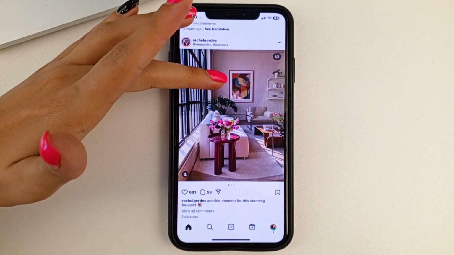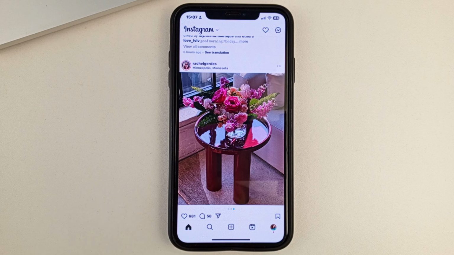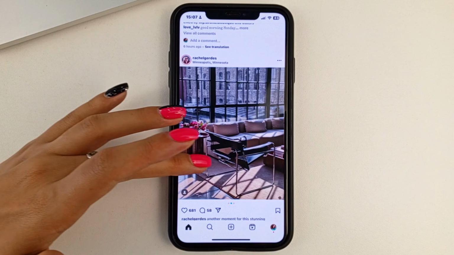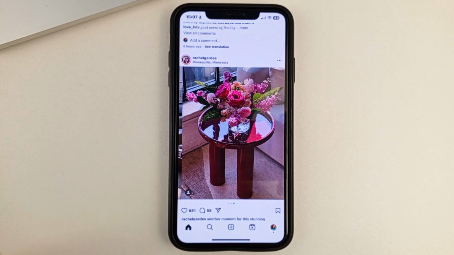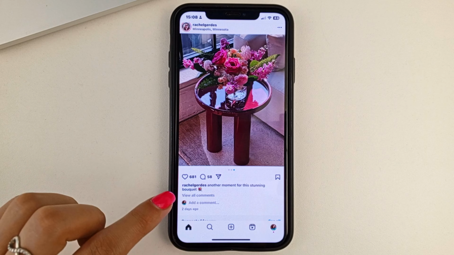Let's say you saw a really beautiful post and you'd like to add it to your story. First, let me say that you can do this with a single photo or with a series of photos like I have. You can also do it with video reels or absolutely any video. Pick some kind of post that you like. Next, what do you want to do?